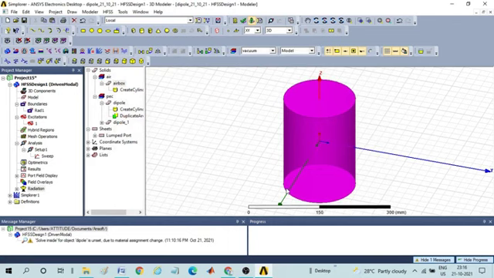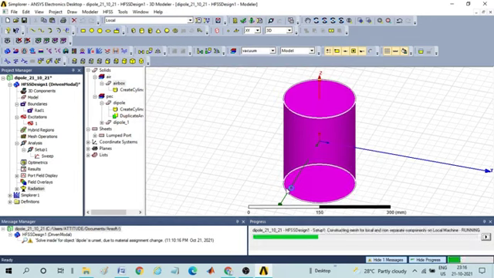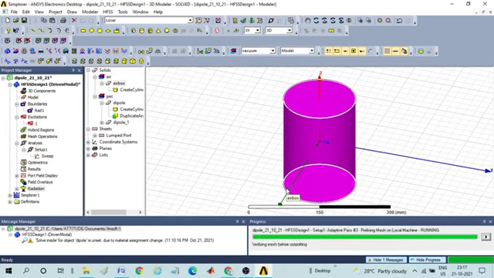So now we have completed 3 steps. One is devising the component, then assigning materials, after that boundary and excitation, then assigning the analysis, means directing the simulator to work at a particular resonant frequency or operating frequency for some band of frequencies, so that it can interpolatively generate the result in order to satisfy the Maxwell's equations by using full wave FEM method, that is finite element method.